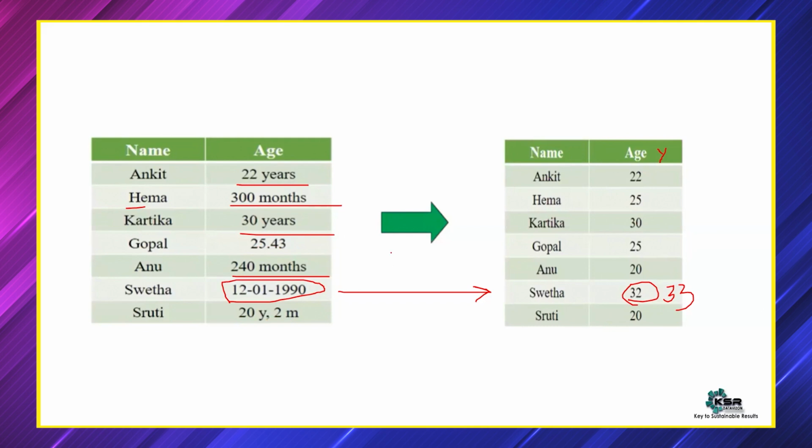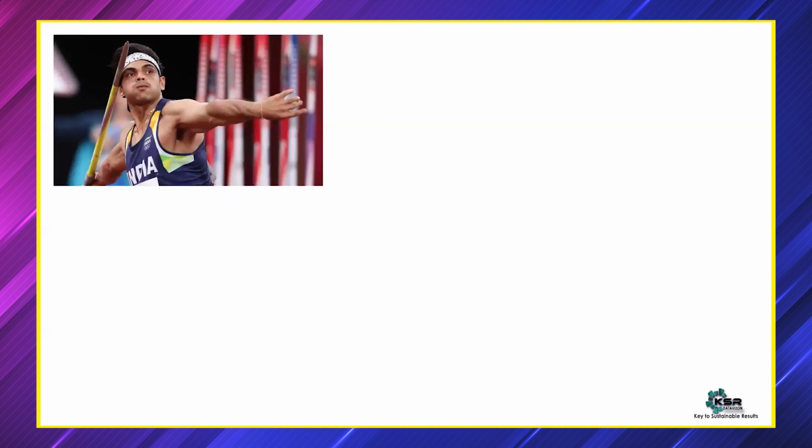Now we have seen few examples. How many of you know this person? How many of you know this person? Neeraj Chopra. And who is he? He's an athlete. Now with this picture, we might know this person has won a gold medal in Olympics. But how many of you know what is his best throw? Whether a gold medal in Olympics was his best throw or in any other event. He might have won gold medal for us in India.